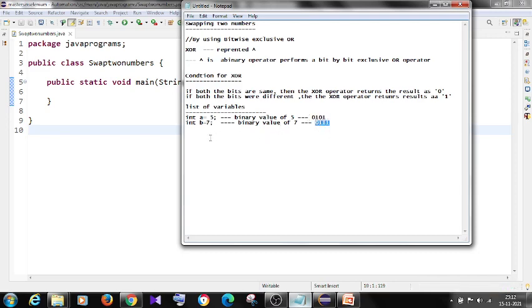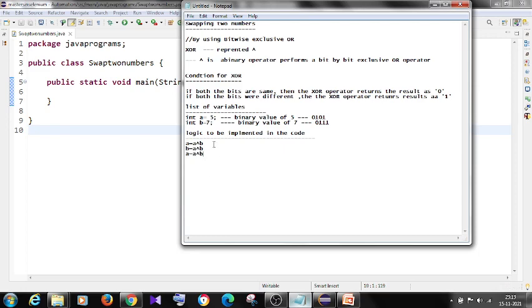So we are swapping by using exclusive OR, bit by bit. And the logic we need to implement in the code, please remember that one: a equals a caret b, b equals a caret b, a equals a caret b.